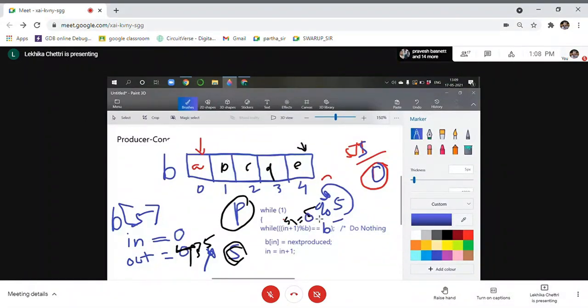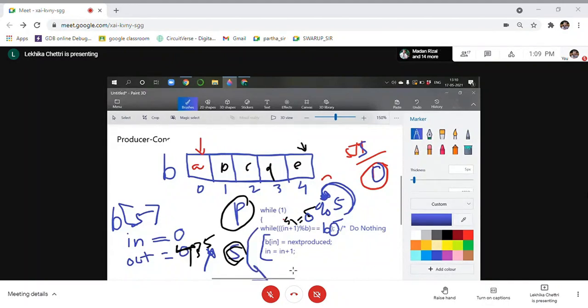Okay, so we know that if it's true, see here, my while has terminated here. In case you are using while with termination, that means as long as this condition is true, it will continue to iterate here. That means this will continue to function. You know the while loop. But if you have while with semicolon termination and the condition becomes false, what do we do? We come out of the loop.